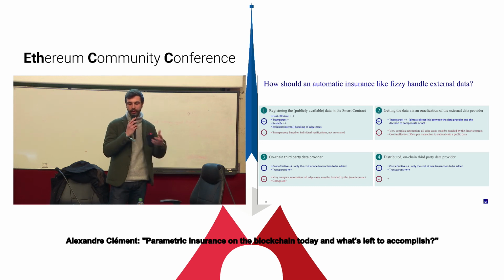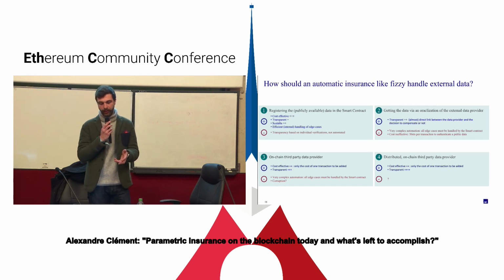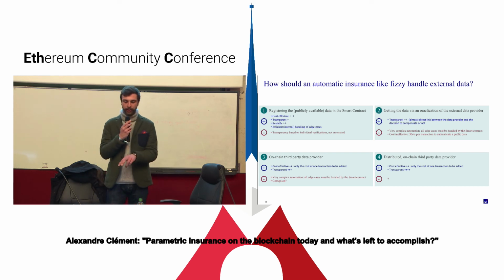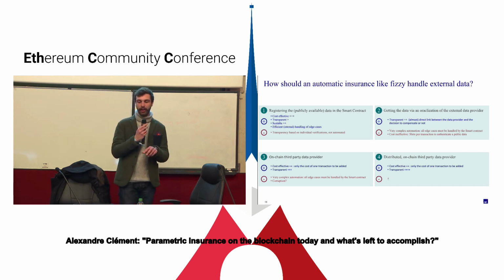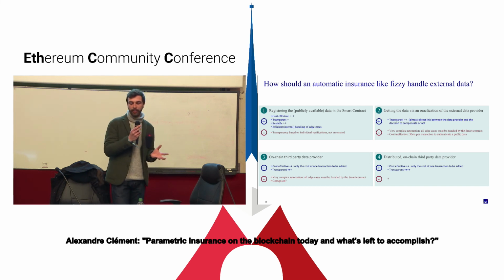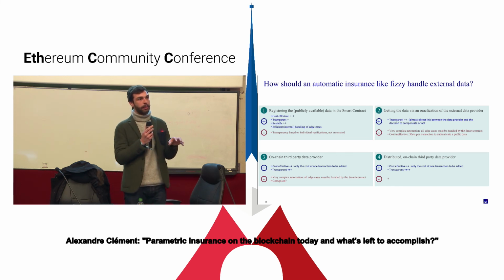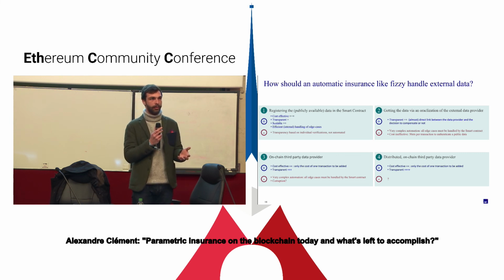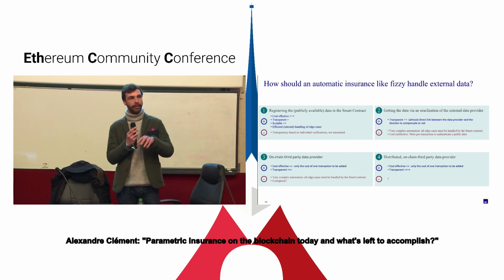I mean, to me, solution 3 is rather easy because the data provider just has to push a smart contract that makes a link directly between him and the blockchain. And just coming back to the first solution, to me, it relies a lot more on aggregating different data providers than on users that would be maybe here just to see if you have any edge cases or if there's something wrong. But as of today, it's maybe one of the parts we had to work the most on at Fizzy, as we want to compensate automatically based on the time of arrival. We have to make sure the data is as close to the experience of the user in the plane.